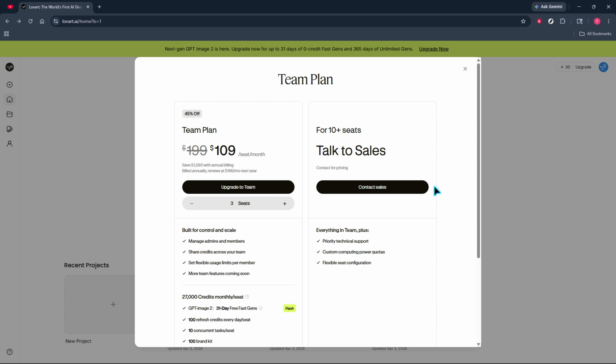If you collaborate, consider the team plan. You can manage admins and members, share credits, and set flexible